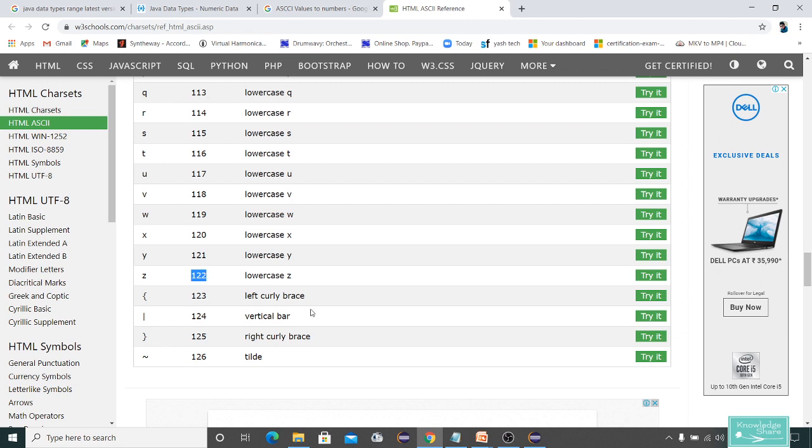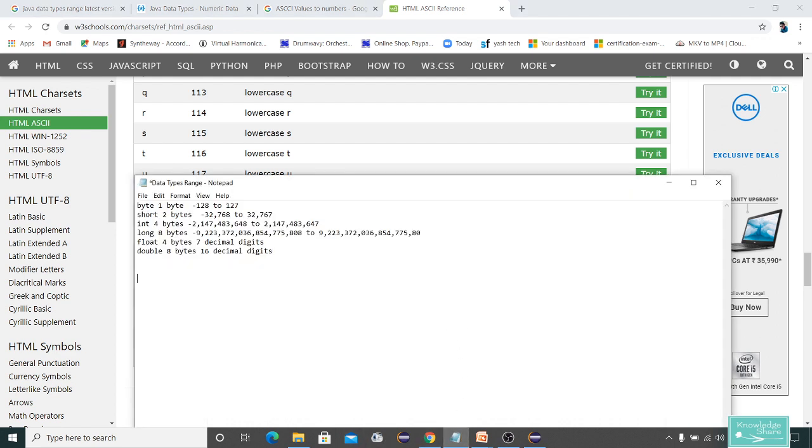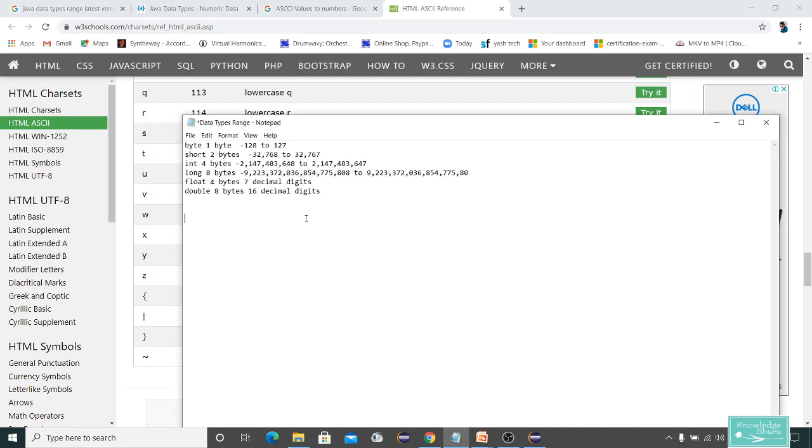One of the tricks, I'll tell you one more thing. Let me go to Notepad. I want to type A here in Notepad. This is a small trick. Without typing characters on a keyboard, if you want to type A, just hold the Alt key and type 65 in the Notepad.